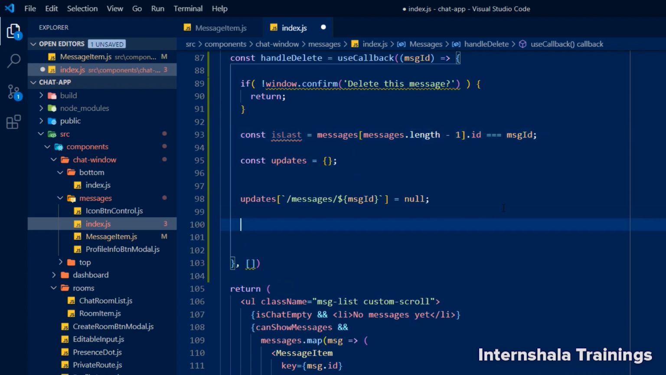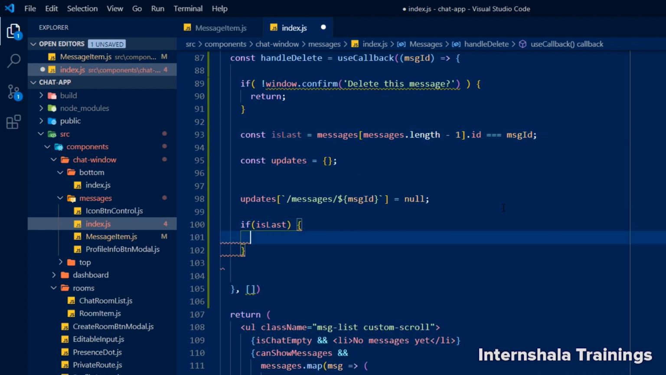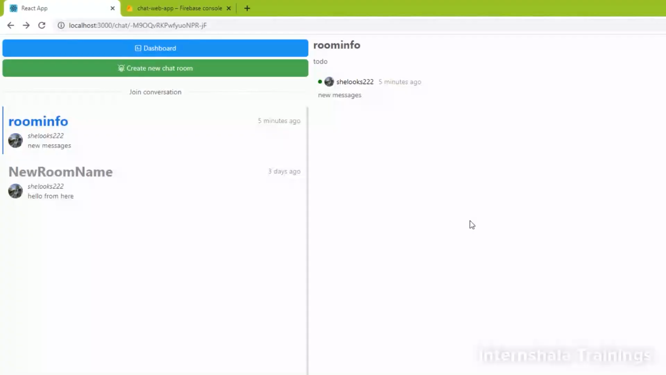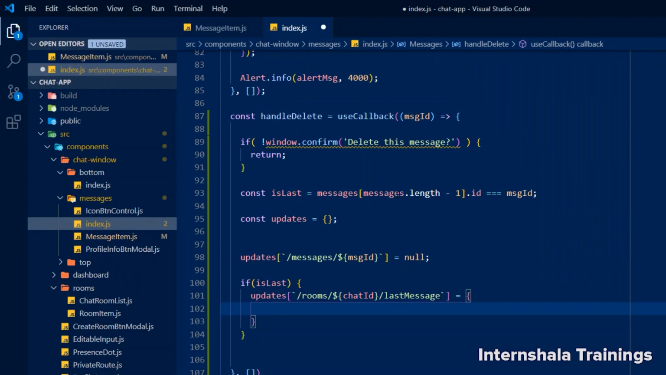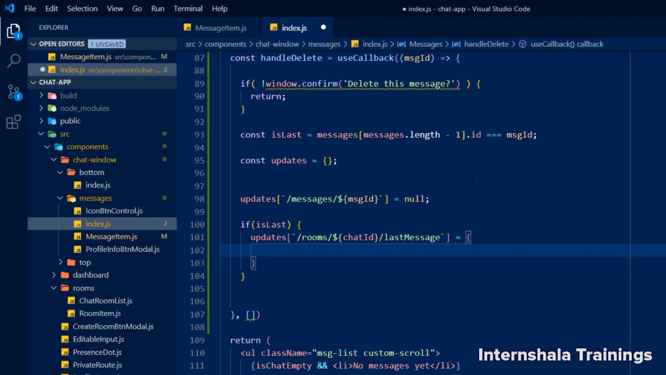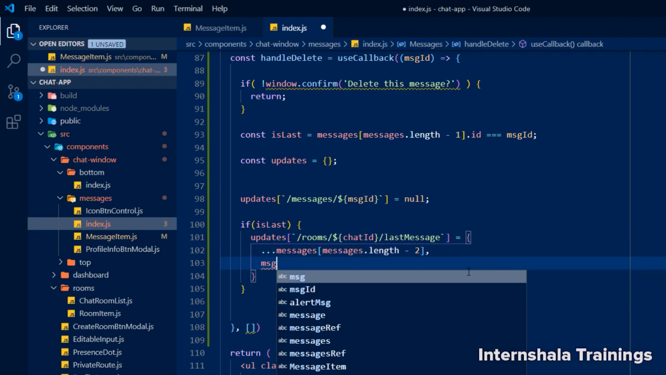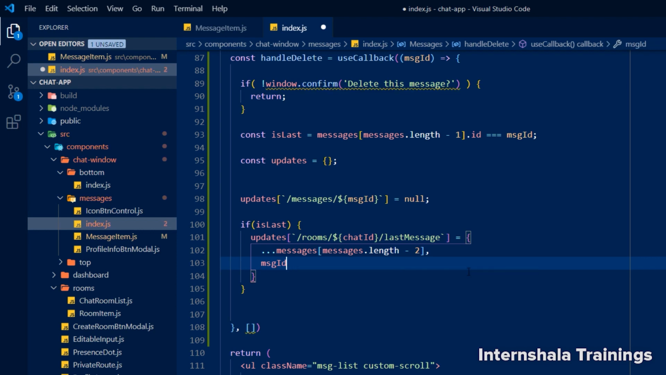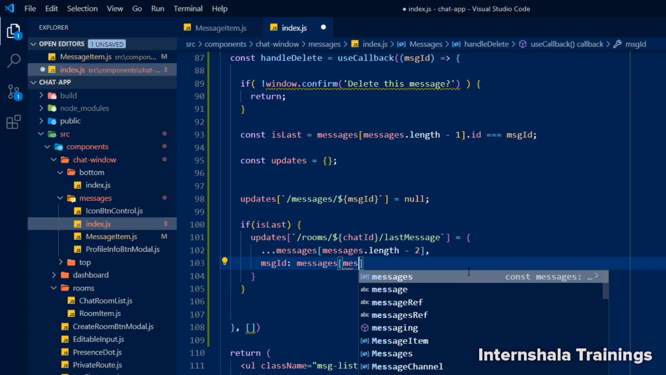Okay, so here we're going to ask, if our message is last, then for this updates object, we're gonna specify /rooms/chatID and then lastMessage equals the next. So it is going to be the previous object next to our current deleted object. So we need to grab messages.length minus 2, the previous object, right? So we're gonna spread it all over lastMessage. So let's put messages, then messages.length minus 2, and also we need to specify message ID as you remember for last message. So we're gonna also put messages.length